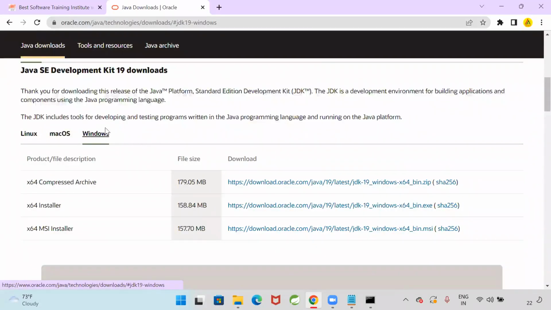Java is platform independent. Java programs are platform independent. The software that we are installing is platform dependent. Windows-specific Java, Linux-specific Java, that we have to install. Now